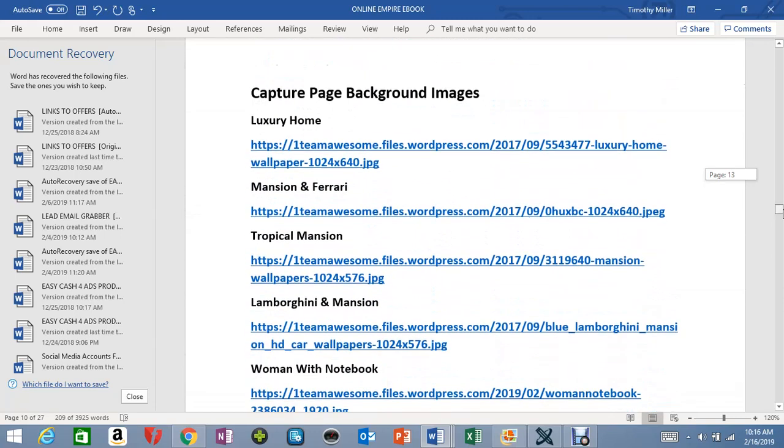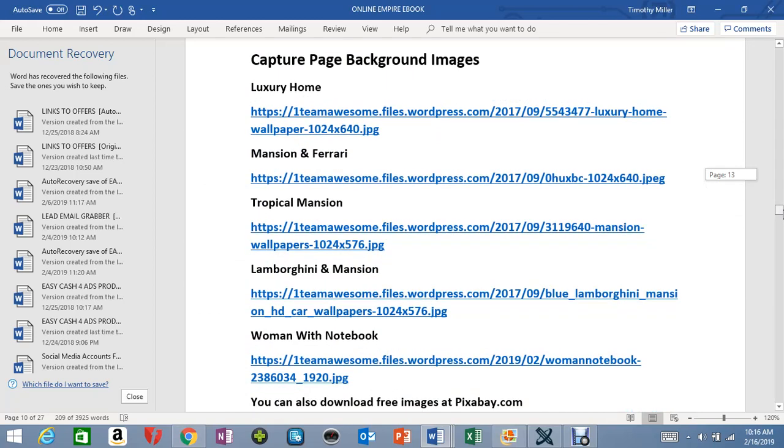You will find a page with capture page background images and the URL to access those. Okay, you simply copy this, place it in your browser. It will show you the picture. You download it and save it to a folder on your desktop or laptop or whatever you're using. And then the next step you're going to do